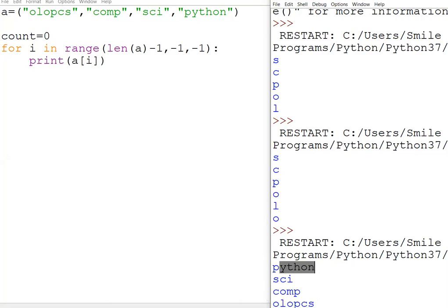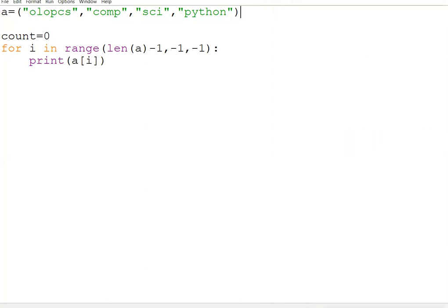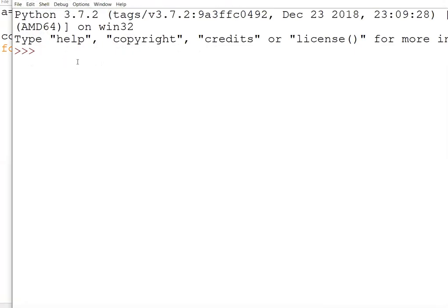Now, some plus and minus with tuples. The next thing you need to understand is, suppose we want to join two tuples. For example, A is equal to 1, 2, 3, and my second tuple is 4, 5, 6. Here we have to check whether we can add or not.